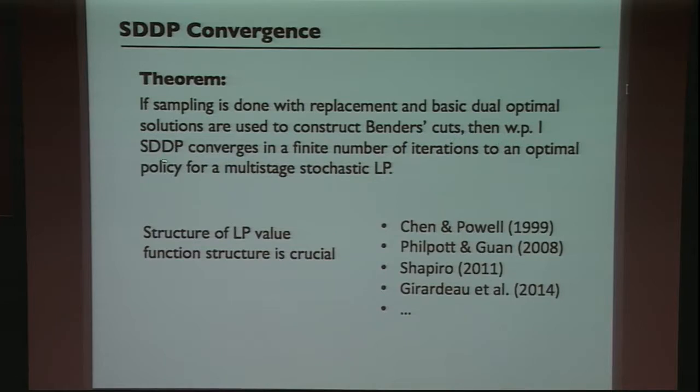Then with probability 1, this algorithm converges in a finite number of iterations to an optimal policy. So policy, remember, is defined as soon as you have the value function approximation for this problem. Okay, so finite number of iterations with probability 1. There's a little bit of subtlety there, but essentially what this means is that there is,